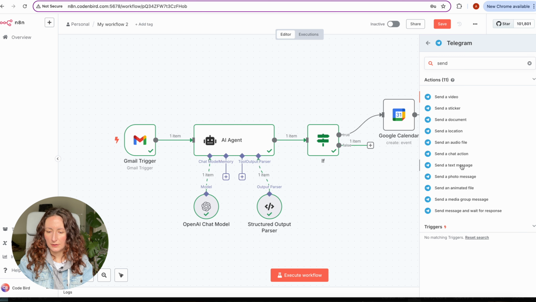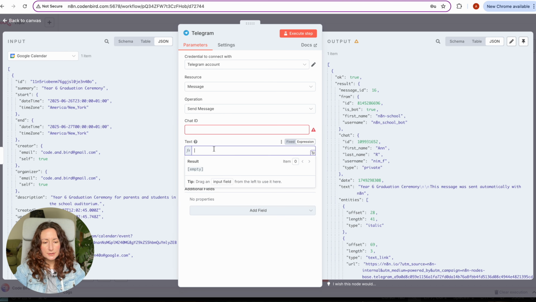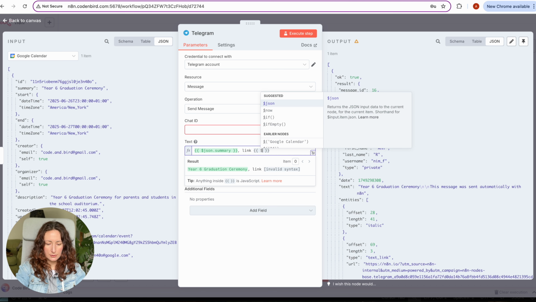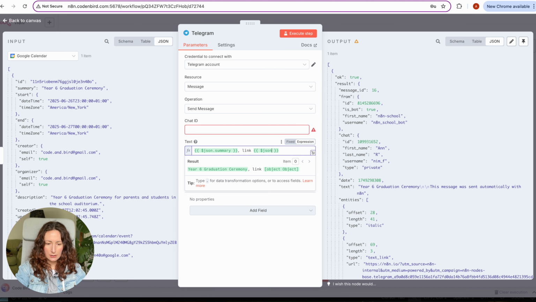We are going to send a text message. So here in the text, I can add a summary for the event, for example, JSON, summary, and link. Again, it's going to be JSON and HTML link,